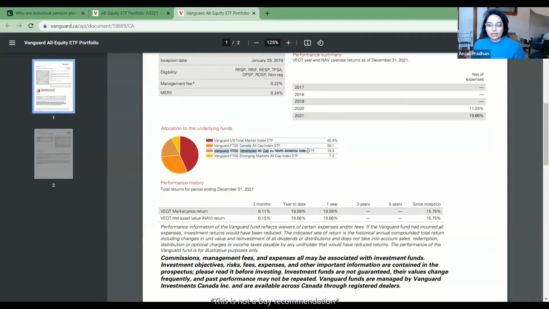So the third one is meant as a wrapper, so that you have your US and Canada right here, and then you have the other developed countries, so that you have exposure to all developed countries in the world, really. And if we've already gotten our developed, the only thing that's remaining is the emerging markets. There's a lot of emerging market countries. The bigger, more developed ones will be represented here. So it's going to be India, China, I think is still considered developing, Brazil, Russia, those are the big ones.